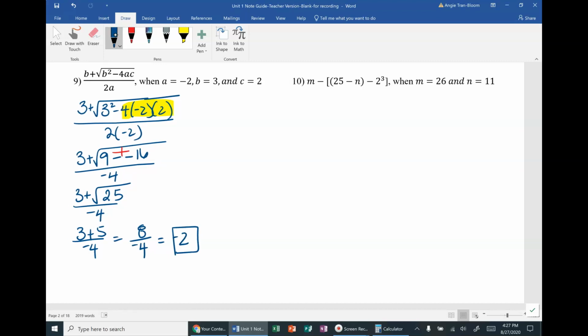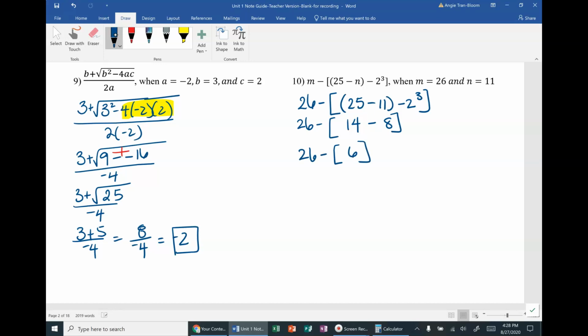Number 10. M is 26, N is 11. All right, 26, take away, bracket, 25 minus 11, close parentheses, minus 2 to the 3rd power, close bracket. So what you want to do is do the most inner parentheses first. So it looks like we have 2 sets of parentheses. 25 take away 11 is 14. Then I want to do exponents as well. 2 to the 3rd is 8. Next, we want to do the outer parentheses. 14 take away 8 is 6. Well, 26 take away 6 is 20. Box it up,